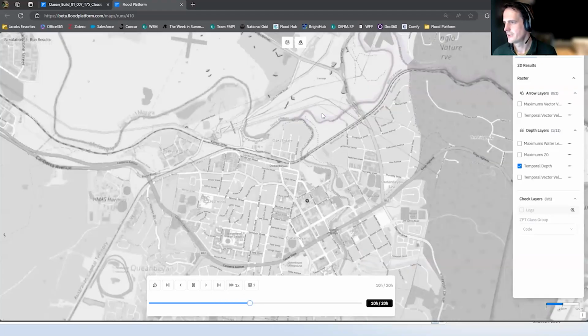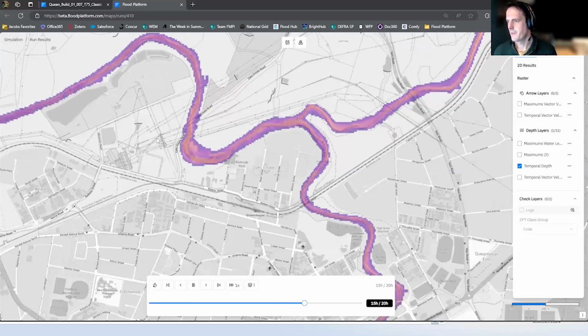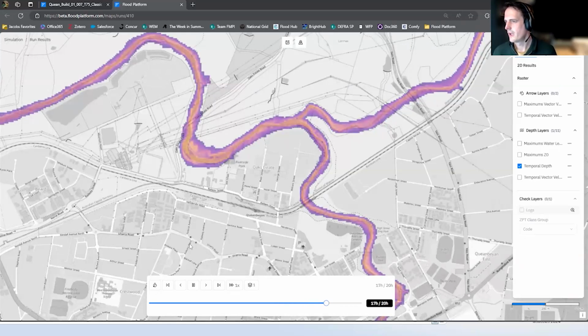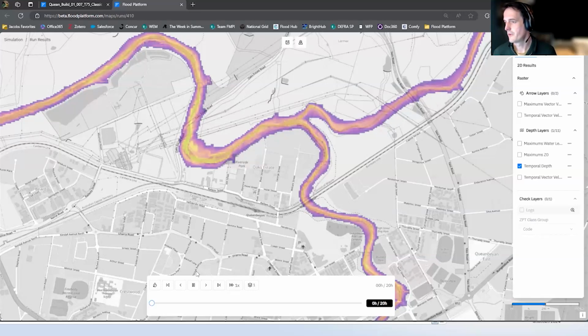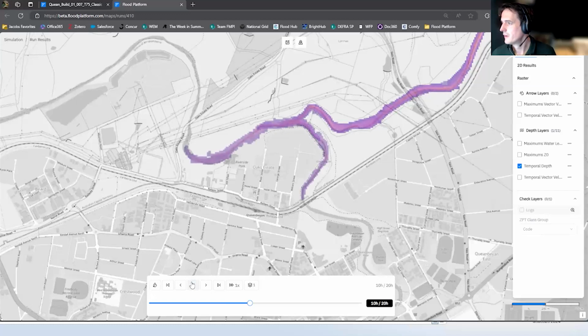And again, as that's playing, I can zoom in, I can pan around. I'll be able to change the background mapping and other things as I go. I can also add in the velocity vector data as well, so I can really understand what's going on with my model. And this was all data I uploaded a bit earlier today. I can skip backwards and forwards through this and examine that data. And I can also bring in the velocity data as well.